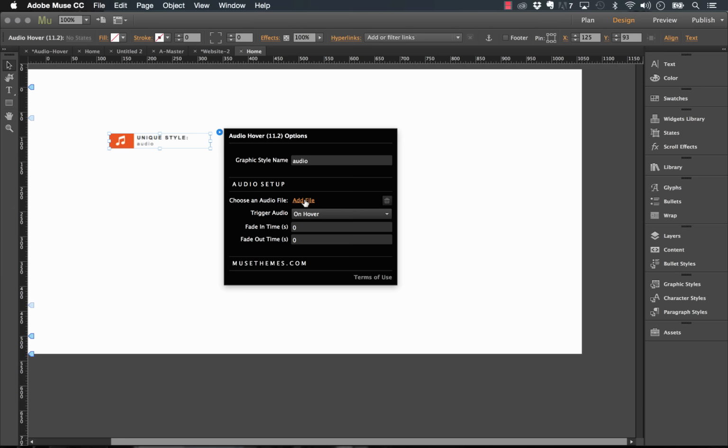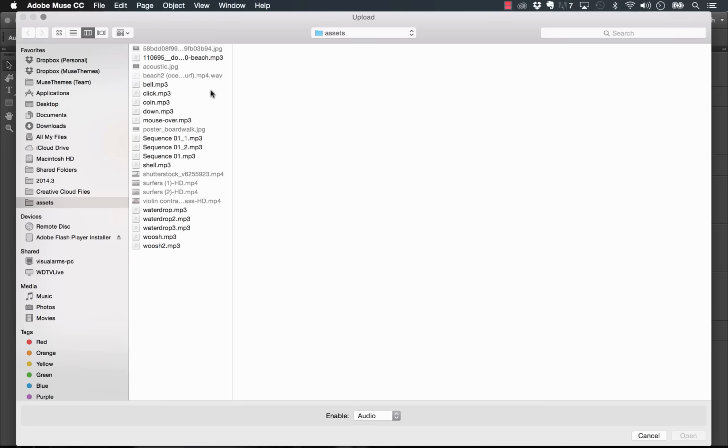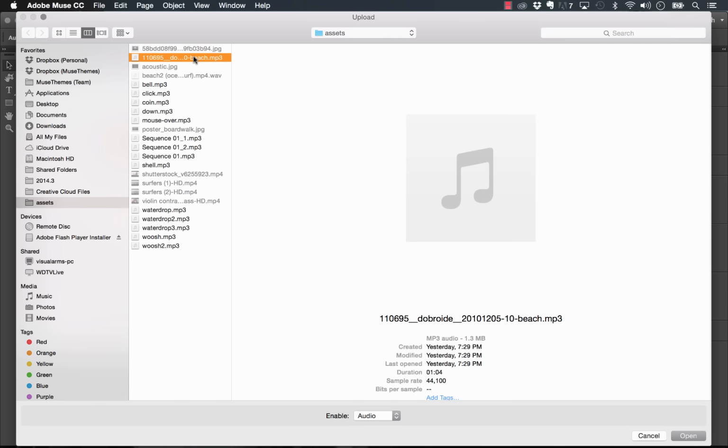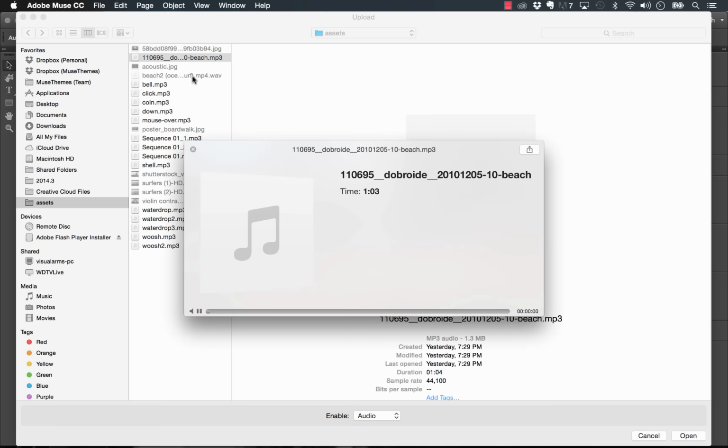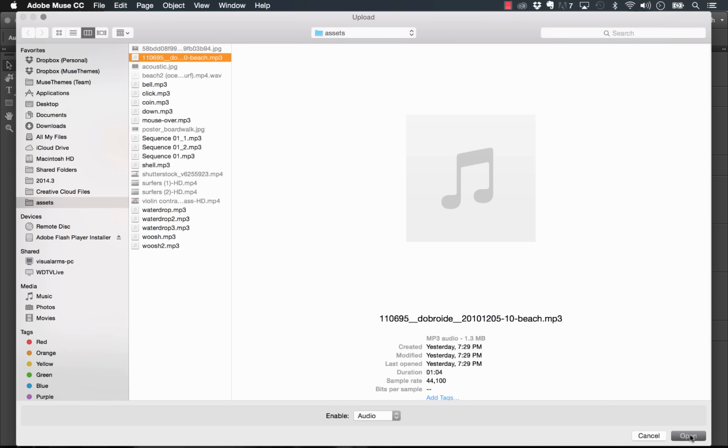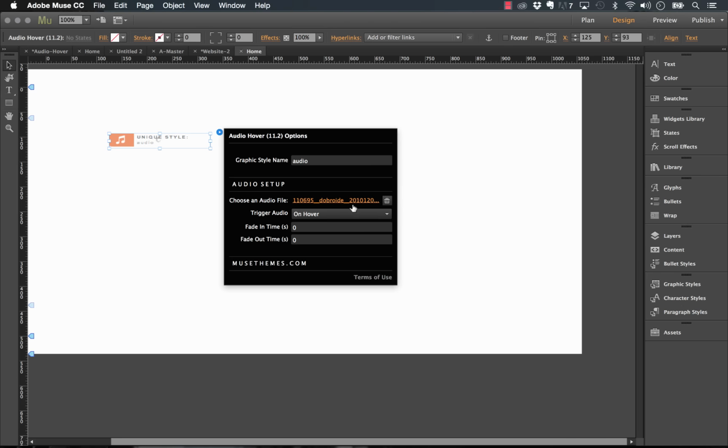The first thing we'll do is add an audio file into this. We've got some audio files here. Let's just use the one of the beach that we heard on the demo site. If I just preview this, you can hear that we've got waves crashing, that sort of thing. So let's open that up. The audio file is loaded in here. I want this to play on, let's try on hover,